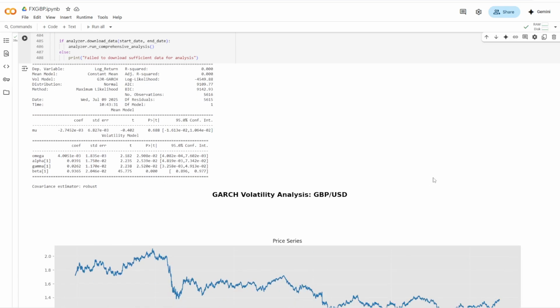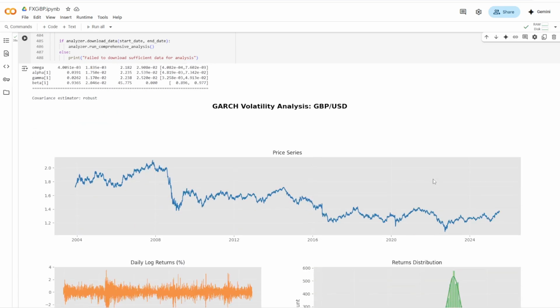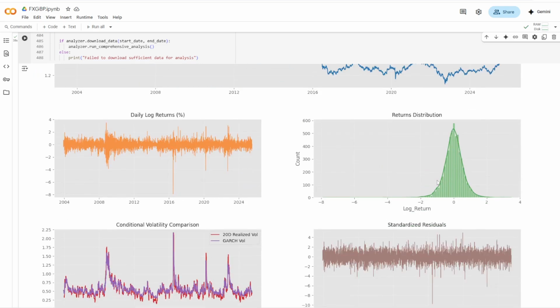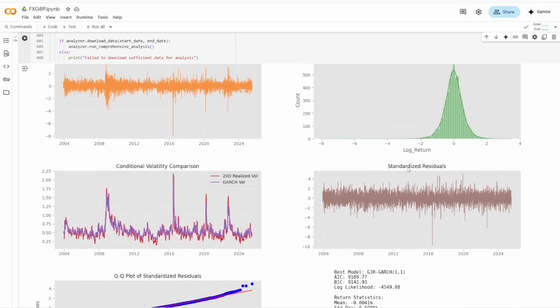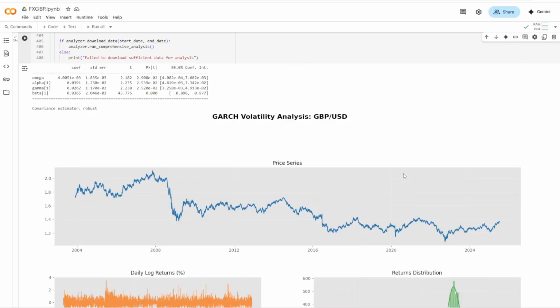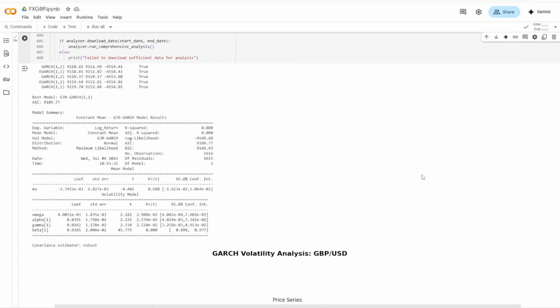Here we are asking the econometric model to give us the conditional volatility time series. Okay, so when we calculate the conditional variance and the conditional standard deviation,